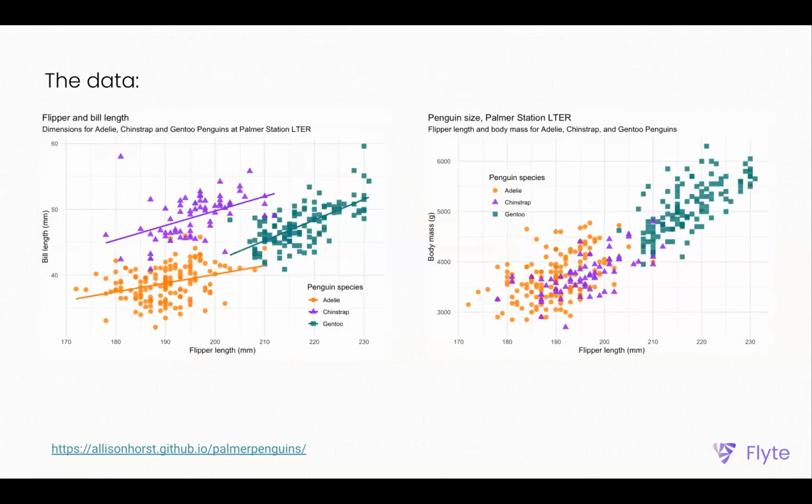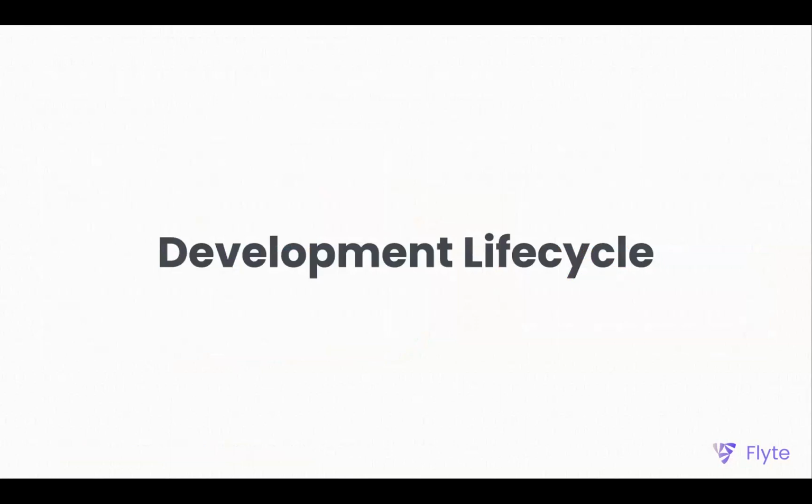Just to give you a visual reprieve here, this is what the data looks like. You can see the features, and then in the colors and the shapes, you can see the different species. So you can eyeball, based on these features, you can probably fairly well classify these species.